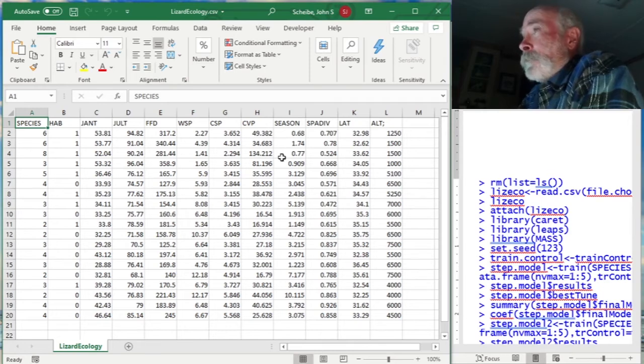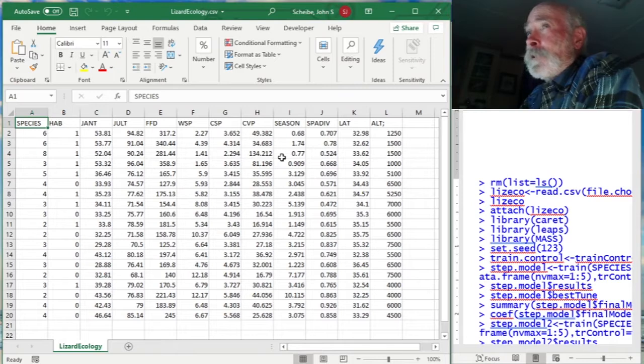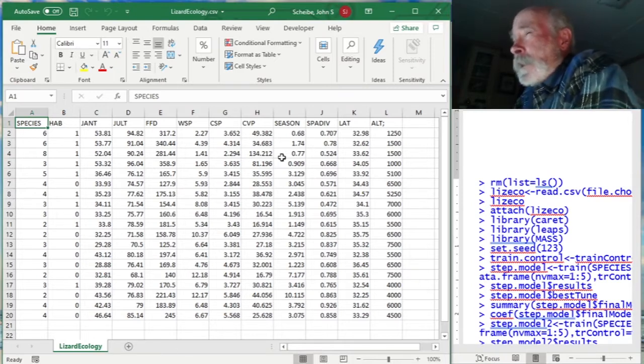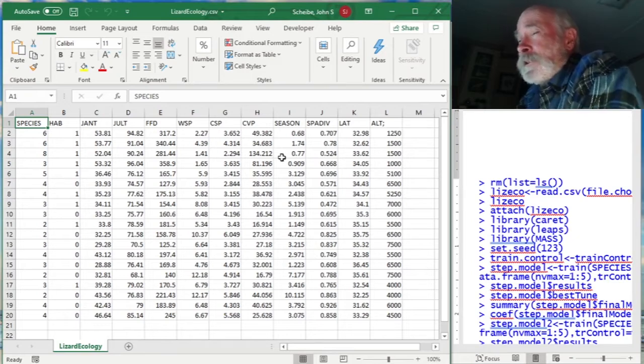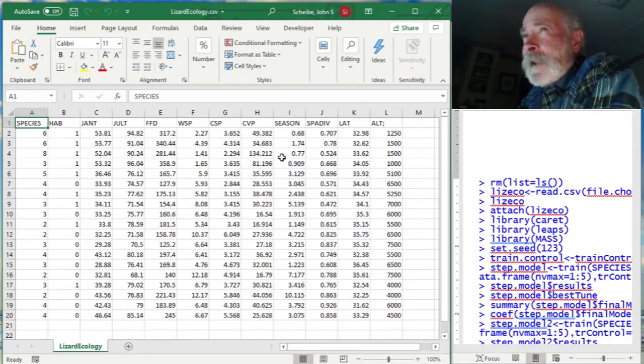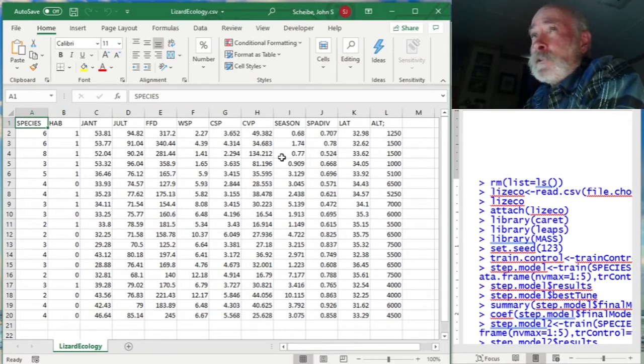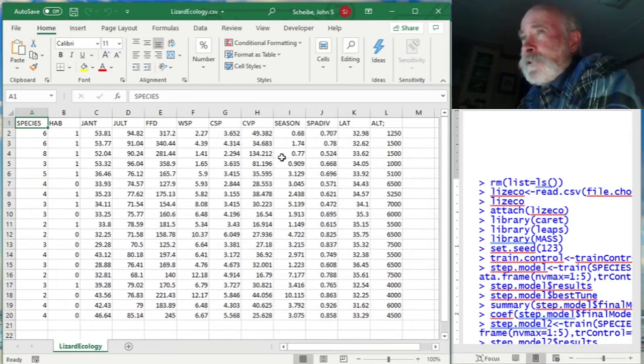The way typically that this is evaluated is by deciding a priori what the critical values are for the p-values that you're going to put into this model. The default is usually to use a p-value of 0.15. That is, you're going to attempt to add a variable into the model as long as its initial p-value is 0.15 or smaller. If the p-value is larger than 0.15, you're going to ignore it and move on to the